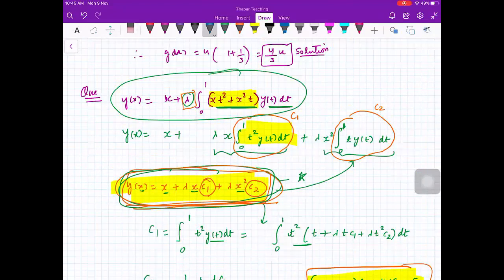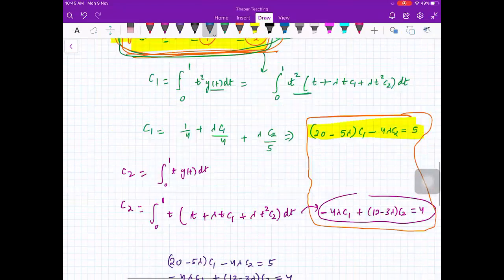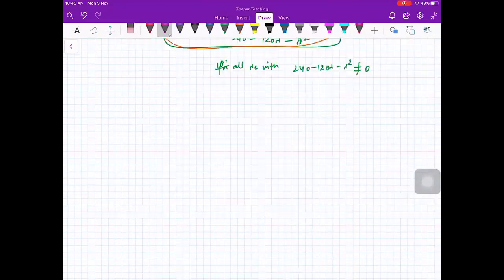Yes, ma'am. So this is how you will solve the Fredholm equations. Next there is something called resolvent kernel. Now the concept of eigenvalues is clear to everybody. In the equation, all those values of lambda for which a non-zero solution exists are called the eigenvalues of the integral equation. So next there is a concept of resolvent kernel. Again, I'll give an example and then I'll tell you the definition.